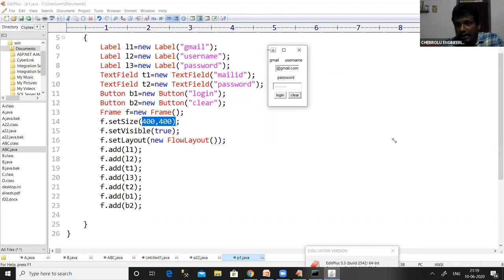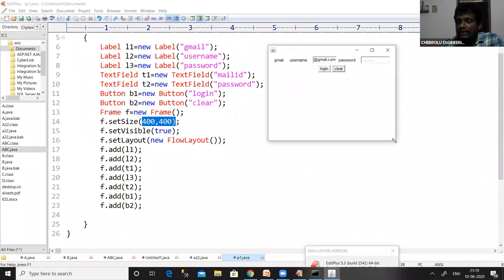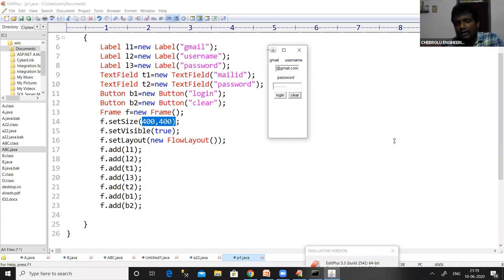Previously, username, text field, password label, and password field could be adjusted in the same line. While I am decreasing the size of the window horizontally, Gmail and username are on the first line, followed by the text field, then the password label, then the password field, and then the login button and clear button.